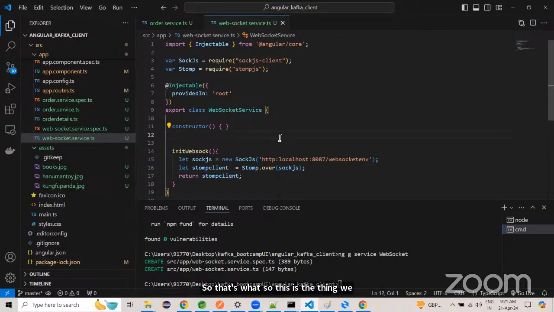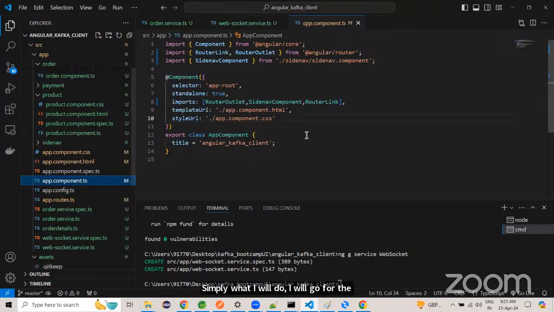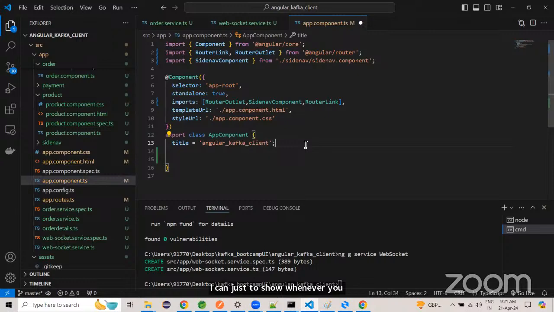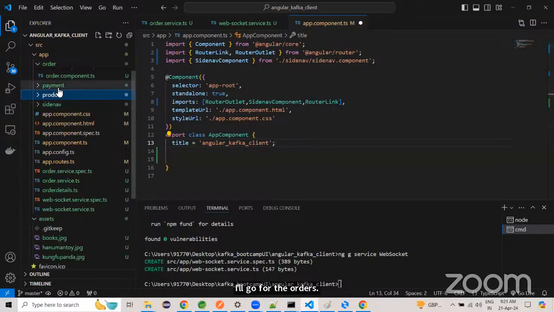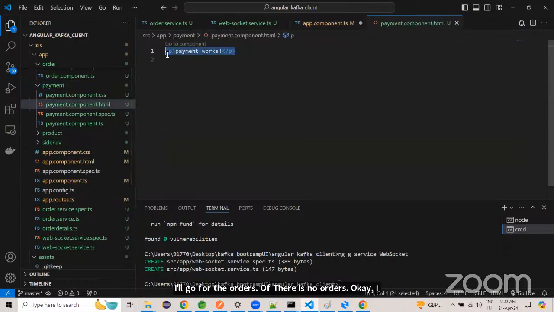Now let us come to wherever you want to implement that; you can just add it here. Simply, I will go for the app component.ts, and there I will just consume this message. I can show this whenever you publish any kind of message. I will go for the orders. There are no orders, okay, I will go for the payment. Payment component is a